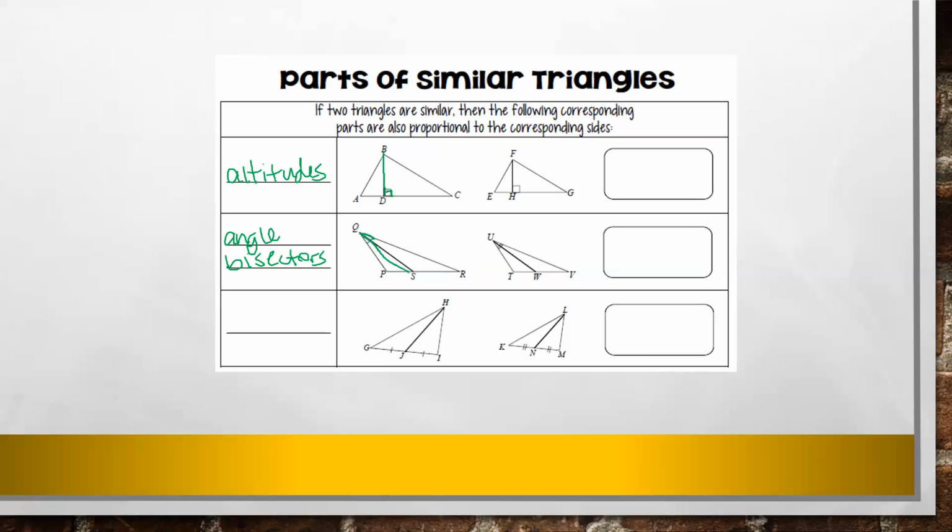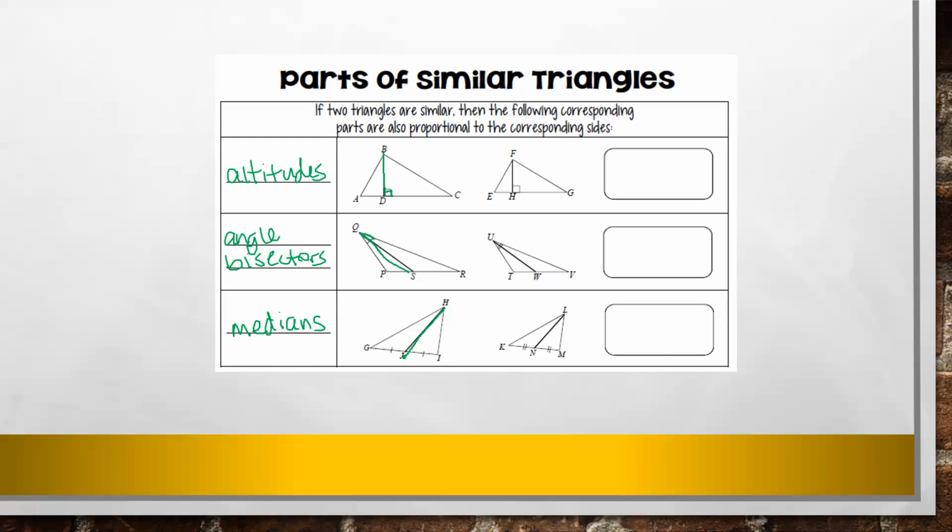And if you have a line that connects a vertex to the midpoint of the opposite side, we call that a median. Hopefully that vocabulary is familiar from a previous math class. What's important to know is all of these lines, the altitudes, the angle bisectors, the medians, will all split your triangle proportionally. So if you have an altitude in your triangle, it's going to split your triangle proportionally, where